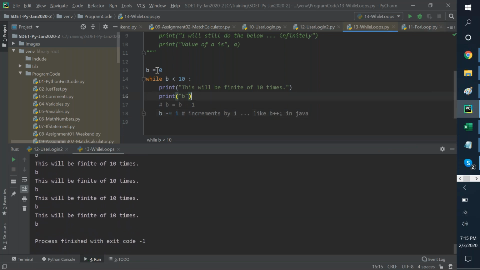See, number one, B equals 0, B is less than 10. So from 0, B has to go till 10. So should we increment or decrement? We're supposed to be incrementing, right? And even when it's changing, maybe you were thinking, why is Karthik doing it like this? And then for a second, you thought I was too fast and you saw the errors.